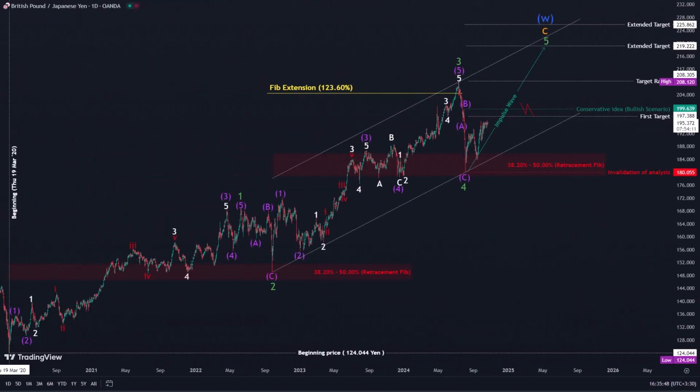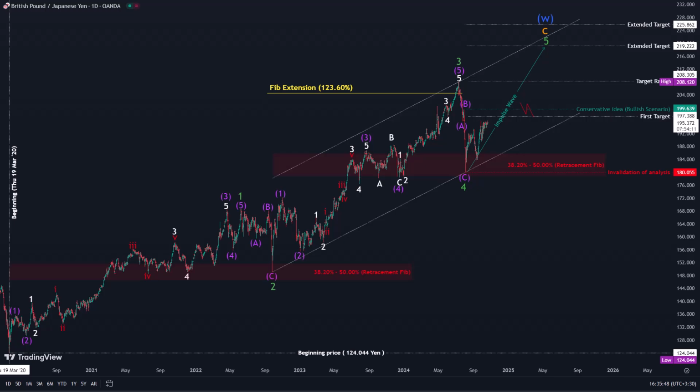Now, let's check the daily chart to analyze the third wave more precisely. The first wave is an impulse pattern with an extended third wave. The second wave appears to be an extended flat, correcting between 38.2% and 50% of the retracement. The third wave is almost equal in size to the first wave, while the fourth wave shows a sharp pattern. There is potential for another wave to emerge in the bullish market.